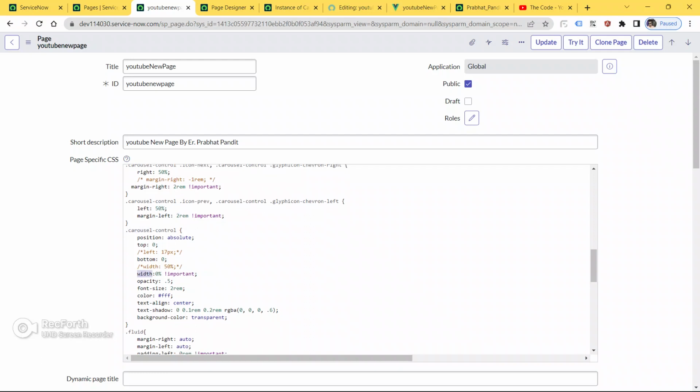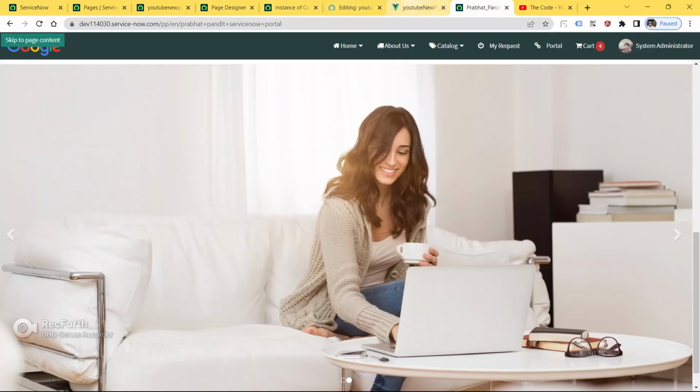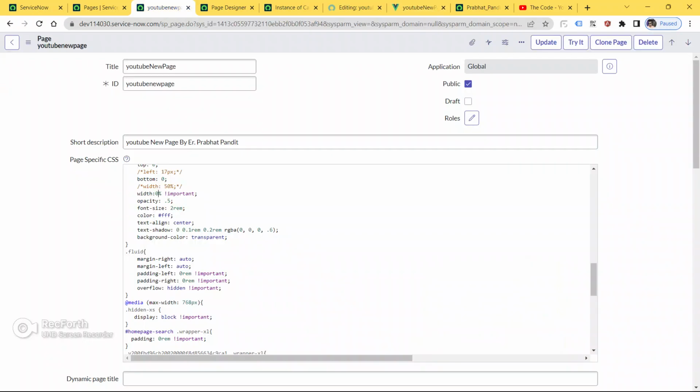And this is the carousel control. Position is absolute. Previously the width was 50%, so I have made it 0% only. And to remove the gaps or padding of the container fluid class, as you all know, we get some padding from the left and right side inside the container or container fluid class in bootstrap.